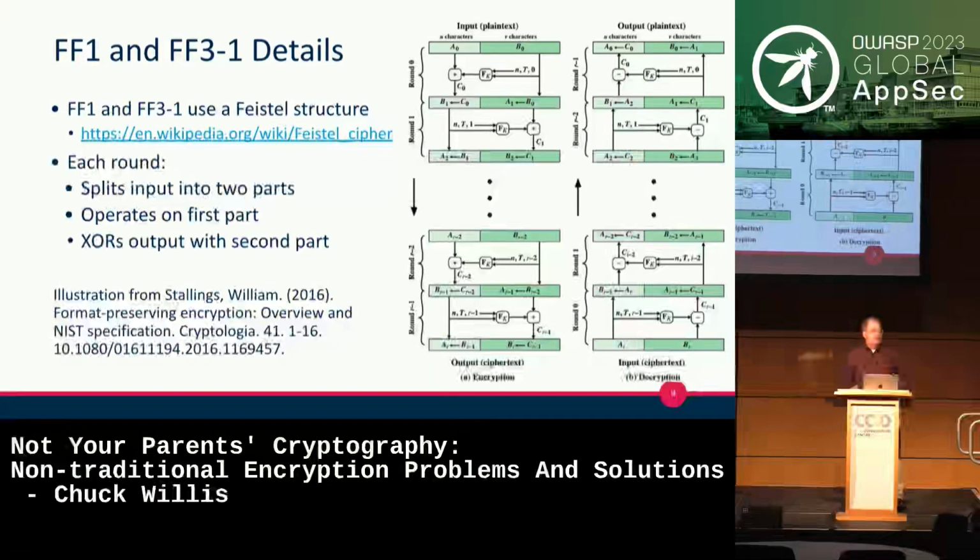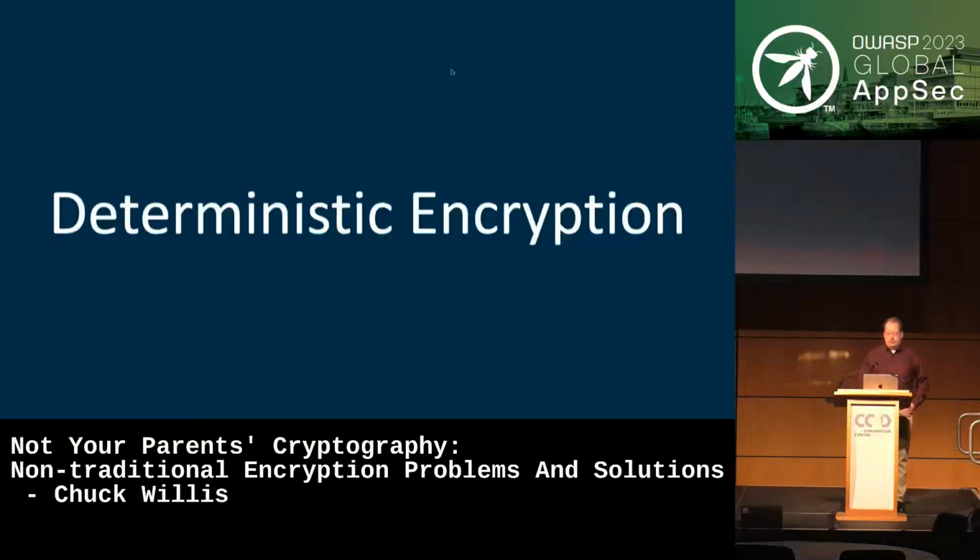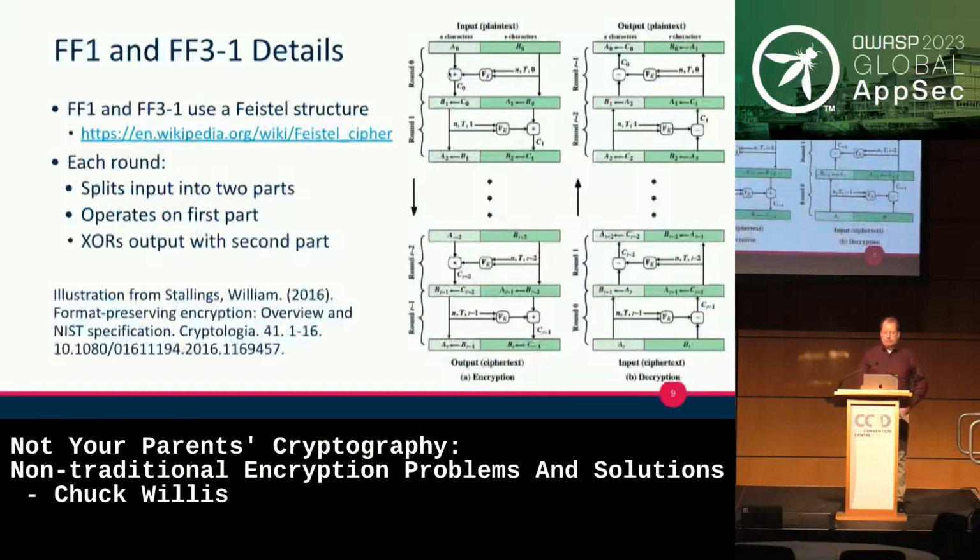ciphers are such that they're guaranteed to be reversible. So the actual transform on the first half does not need to be reversible in order for the whole thing to be reversible. So it's very good for building crypto systems. That's why so many of them, including this, use it. And so with AES, they said, okay, we're going to have 64-bit processors, so therefore each half will be 64 bits. That's why they chose a 128-bit block length. And that's why you're going to have the same block size regardless of what your key size is.